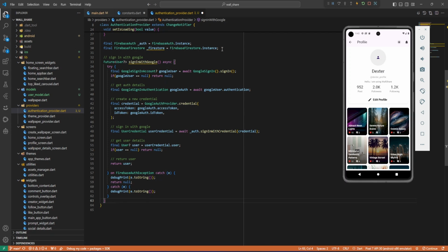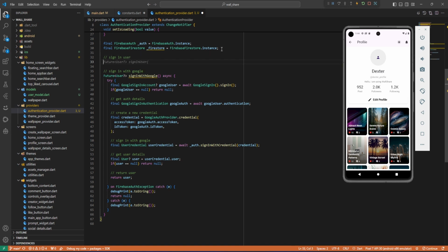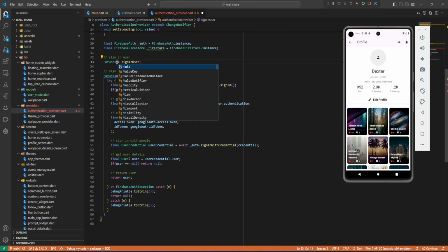We actually need just to create it up here. Okay, let's create a method sign in user. This one is going to be a future method, but let's create a future void. Okay, void. Let's just make it like that, and then here we need to pass something. First let's pass the required, maybe we can keep it required